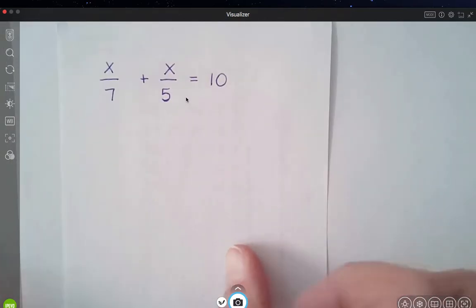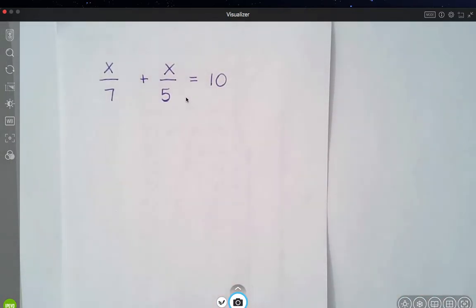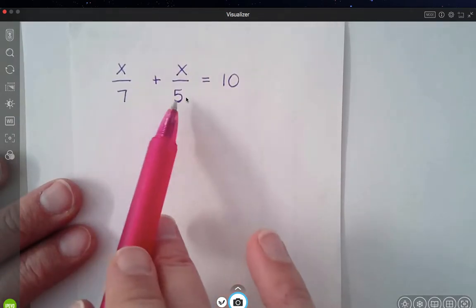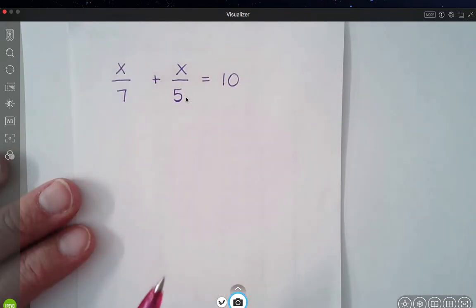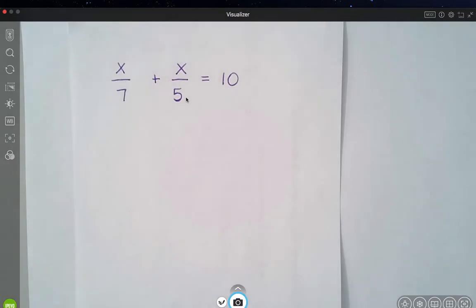So let's suppose I had this problem that I was trying to solve. You certainly could go through and find a common denominator, combine them using a common denominator, and just work with the fractions all the way through. There's nothing wrong with that, and I'm going to show you that process in just a second. What I want you to consider is a method called clearing the fractions, which shortens things up by a step